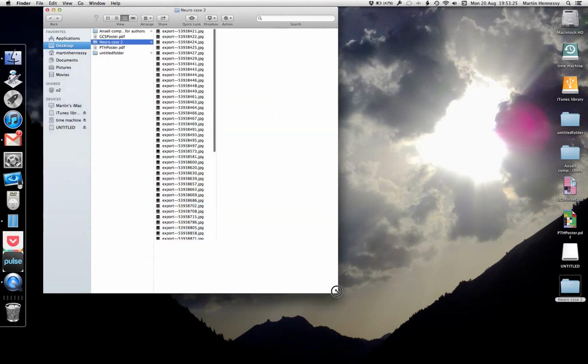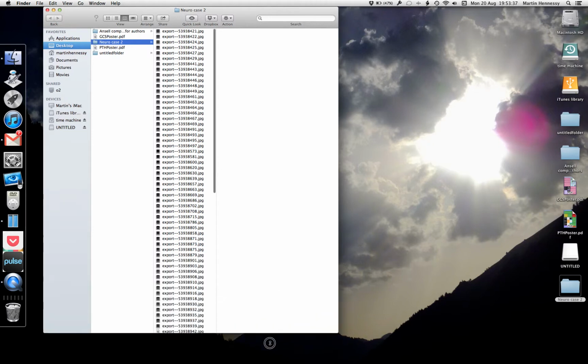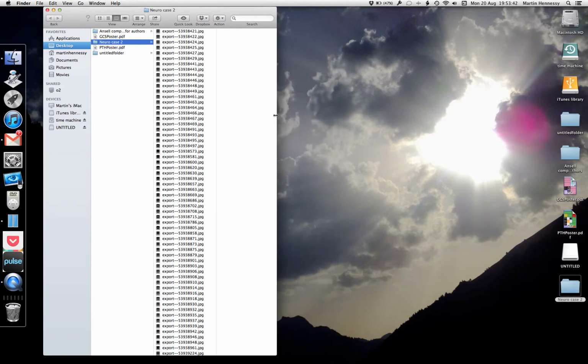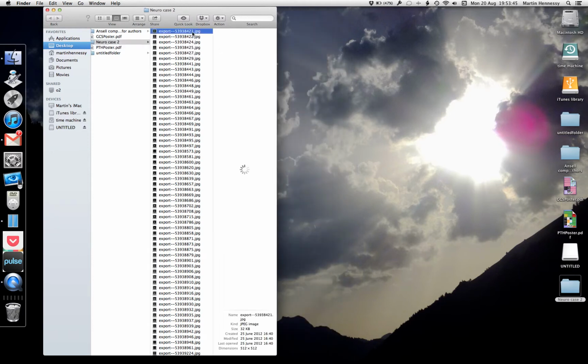So we've got a number of JPEGs here, and before we even go into OsiriX, for reasons that will become clear, we need to rename these JPEGs so that we can clearly identify which belong to which series. If we click on this one, this is part of the Axial T2, and having looked at this case before, I think I know that the Axial T2s finish at number 497 there. Yeah, they do. And then it goes on to diffusion weighted. So I want to rename